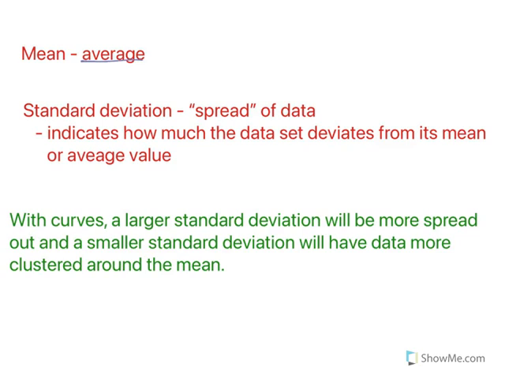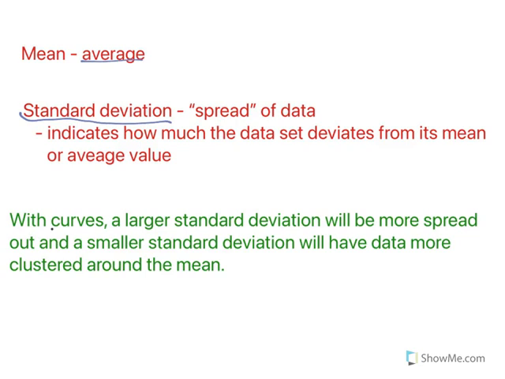So when we talk about the mean, we talk about the average, the average temperature. The standard deviation talks about the spread, how much the data deviates from the mean. So if the average is 68, but sometimes you have days that are 30 and some days that are 110, that is a big range of temperatures. And that's where we get into higher standard deviations. Whereas if every day the temperature is somewhere between 62 and 72, that's not a very big range. So standard deviation talks about that idea.